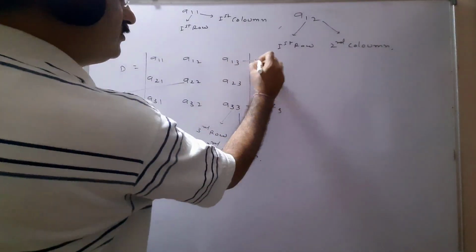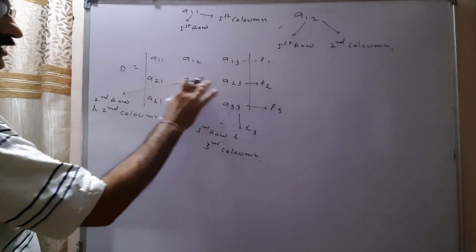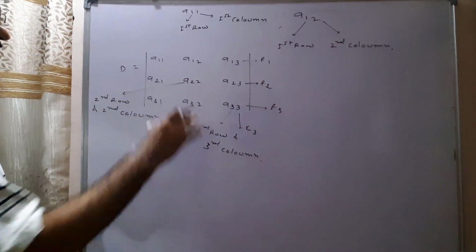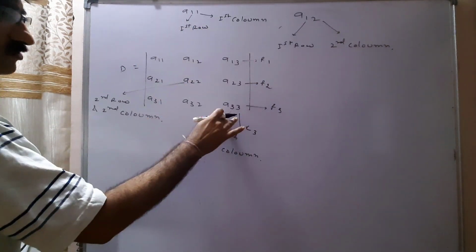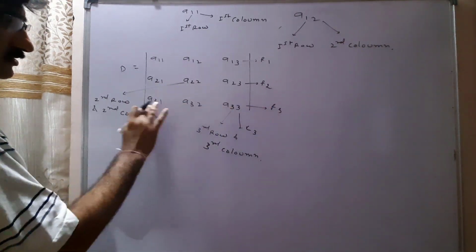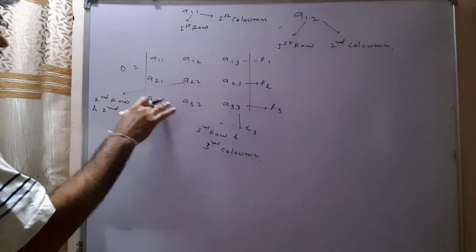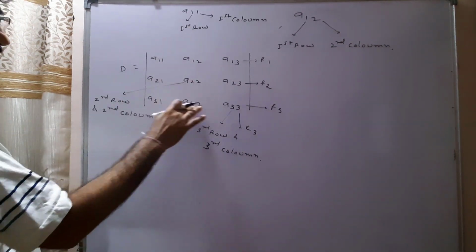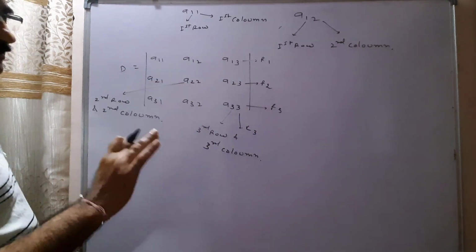In that case, we write down this is R1, this is R2. That means this is second row. And in this case, 1 means first column, 2 means second column, 3 means third column. Now this 3, 3, 3, what does it indicate? That means this is row 3. Now this is the first column, that's why it is 3, 1. This is the second column, that is 3, 2. And this is the third column. That means it is A33.